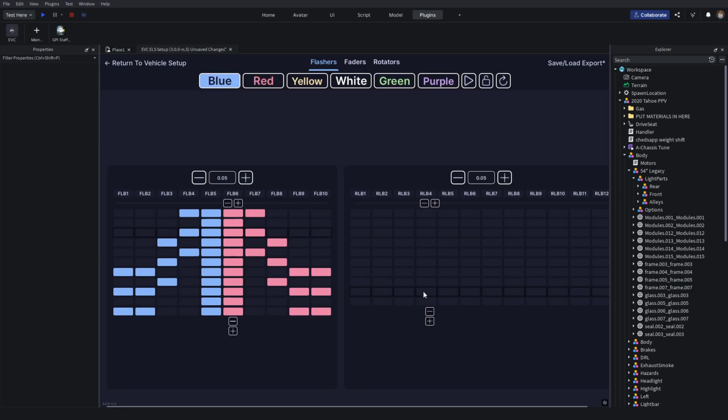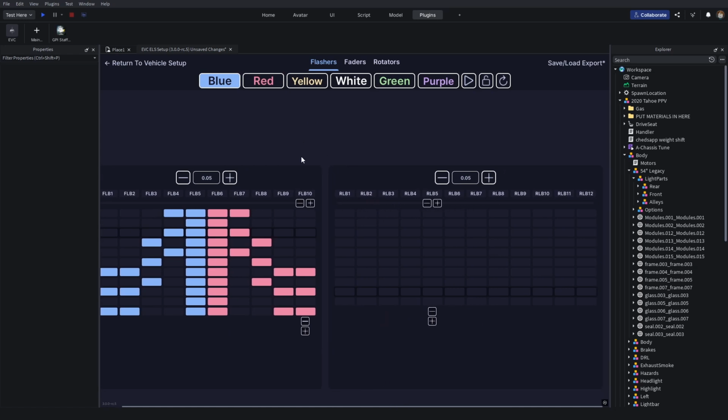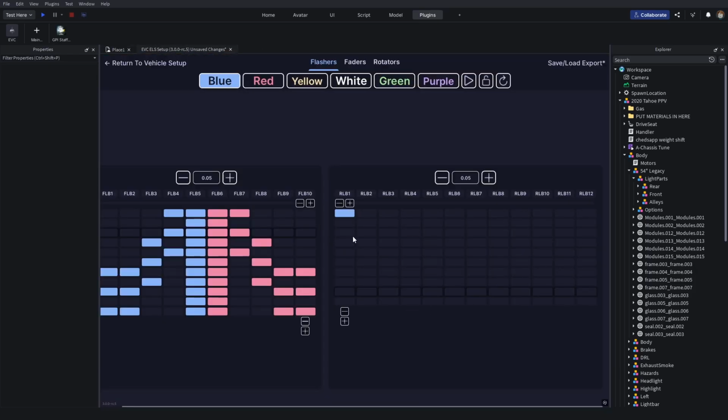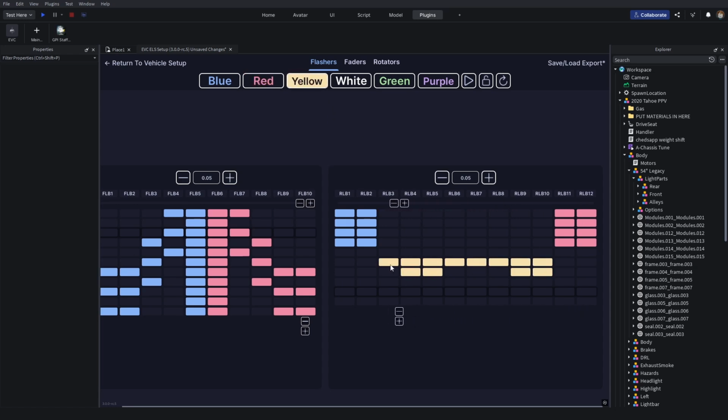All right. For the rear, I'll just do a simple HP pattern on the back. We'll just do that. We got blue. Blue's gonna go on driver's side for the CHP pattern. If you do wish to have blue on the passenger side, just do it on the other side. We'll do that here. The pattern's a little wonky, so we'll do like that, and then we'll just do the rest of this yellow. It's not going to be exact. You're going to have to tinker and tanker with it, but